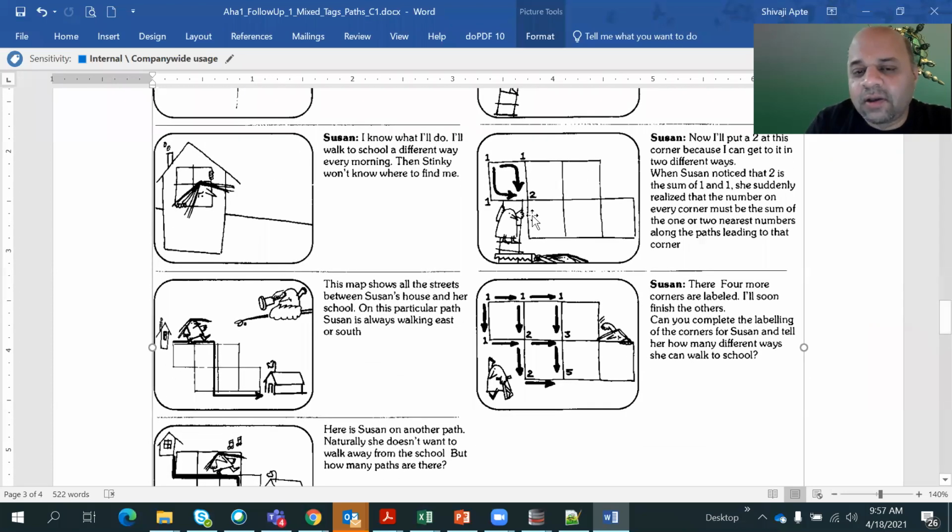The next block where she is putting, right, see here the 2 arrows are there. Now she is going to put a 2 there at the corner. At that corner block, she is going to put a number 2. And why? Because she could have come there from the left side, or she could have come from the right side. So she could have arrived at that point in 2 different ways. Okay, how did she get it to? She just sums up the corners from which she reaches here.